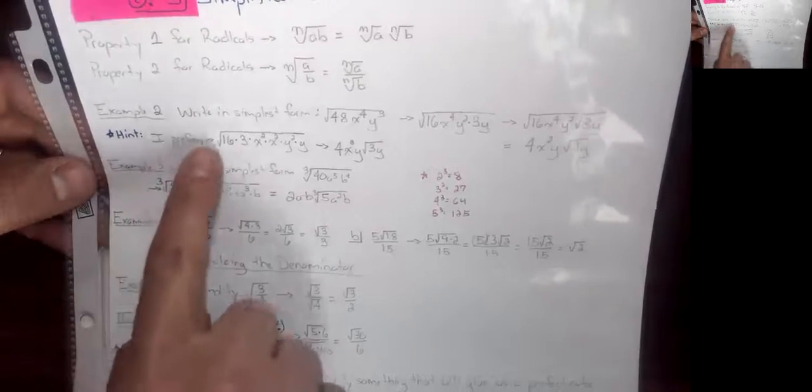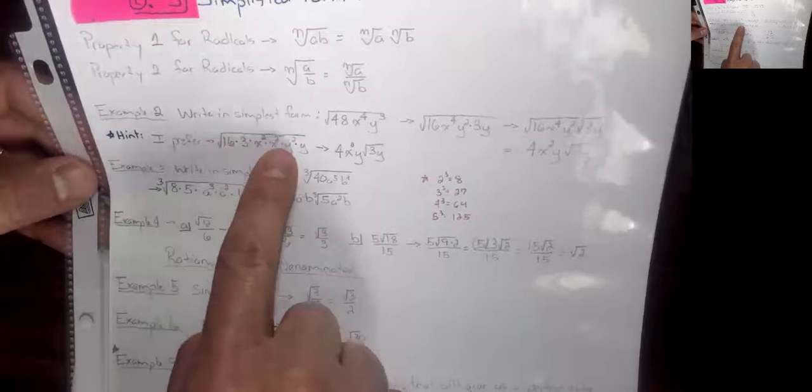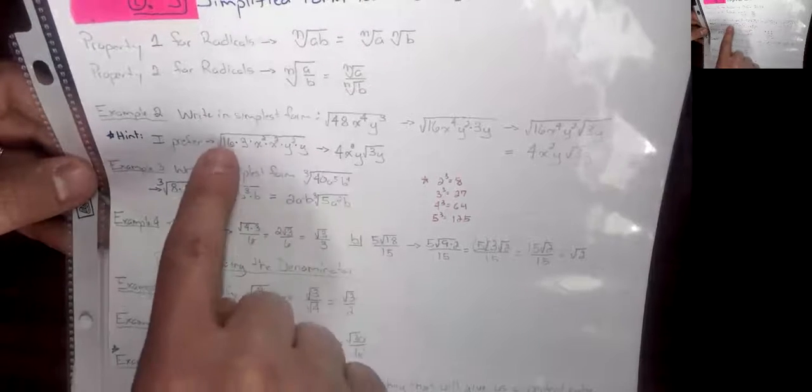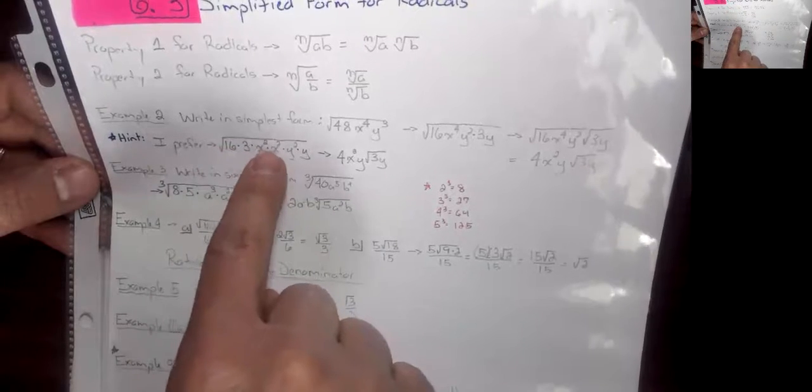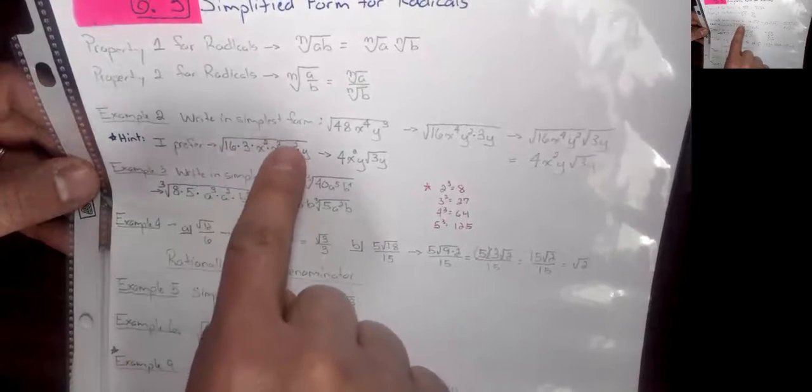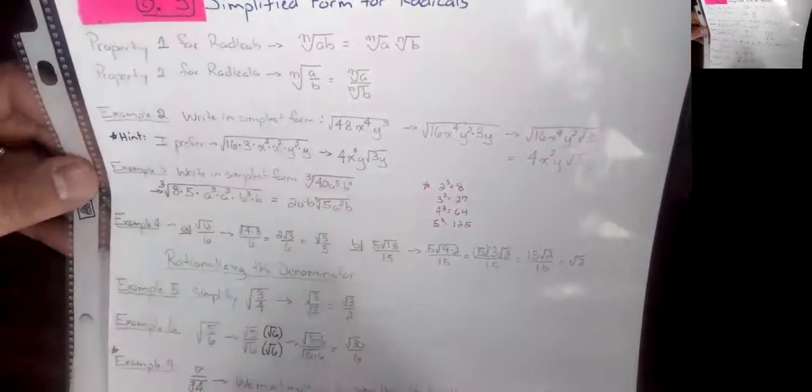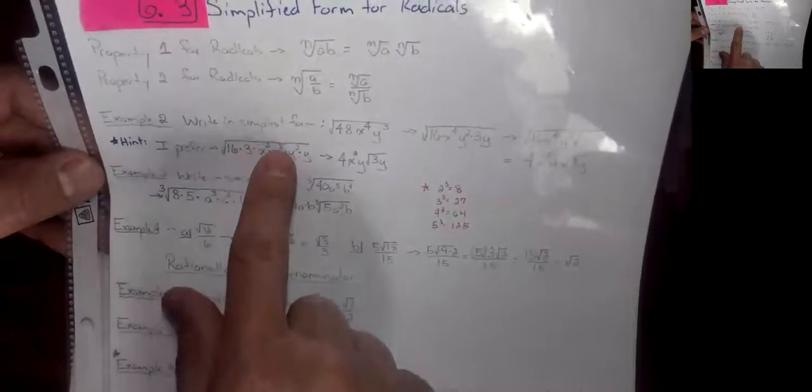So here's my hint. I prefer to think, okay, break it down into perfect squares. 16 is a perfect square. There's a square root of 4. So x squared, I can pull one of those out. Y squared, I can pull one of those out. So you think anytime that you see something squared, you pull one of them out. Okay, so